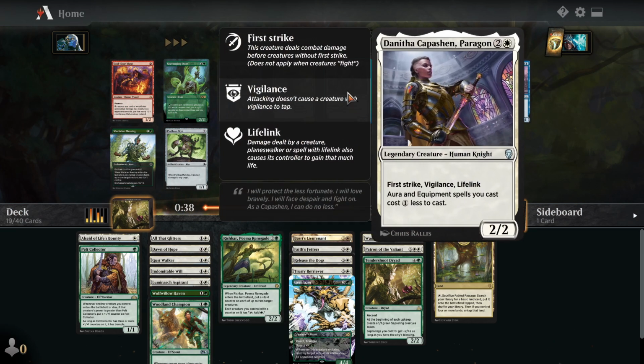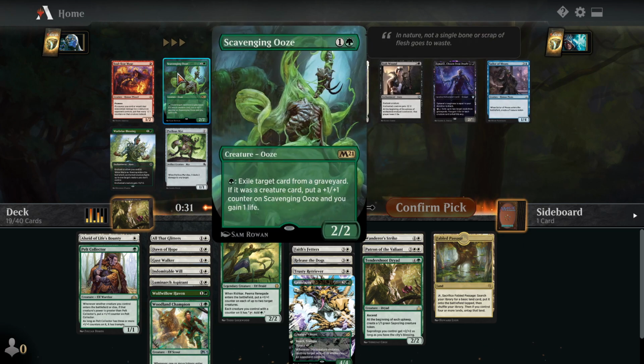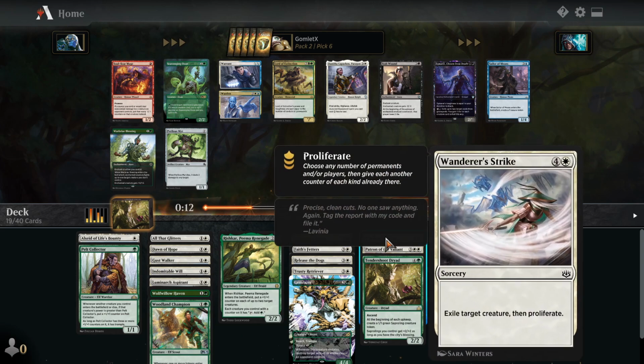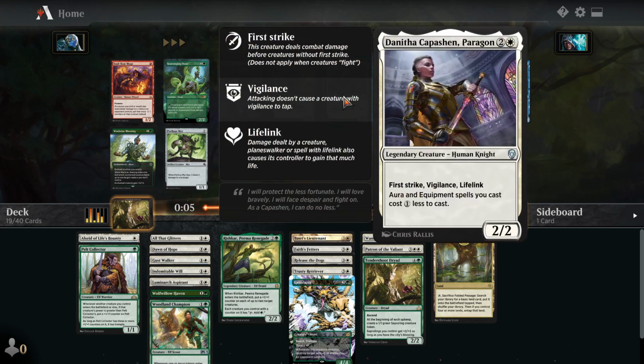Okay. Danitha does make our auras cost less, and she's just a really efficient beater. There's also Scavenging Ooze, though, and I do like this card a lot. By itself, it gets larger throughout the game while gaining you life to help race your opponent, and if you happen to be against a self-mill deck, it's just absolutely absurd. And then there's Warbriar Blessing for some removal, but we do have Face Fetters and Wanderer's Strike, so we do have a couple removal spells already, and we'll have one more pack to pick them up, so I think at this point I want to take